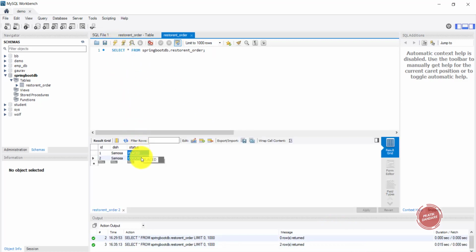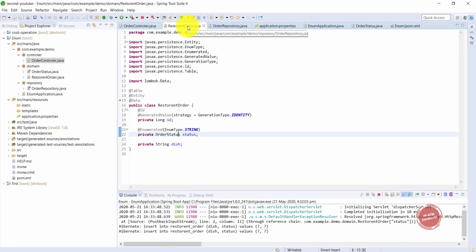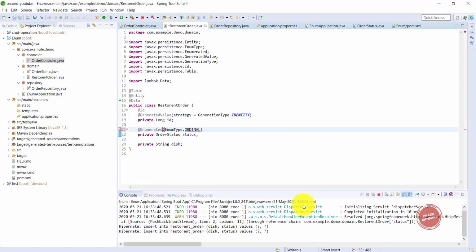You are looking at the status here directly because the restaurant order enum type is string. What happens if we change this to ordinal, which is actually a bad practice, as I already told you?